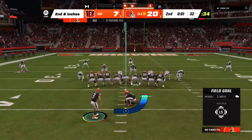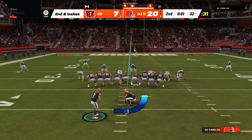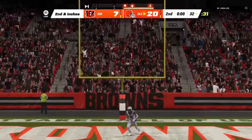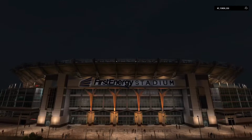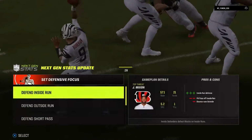And that's good for a pickup of 10 yards. And that'll leave them with a 2nd and just a few inches left. York able to send this one through. And that will do it for this first half. Time for a break. We've hit halftime. 2 quarters down. 2 still remain. We step aside. This is the